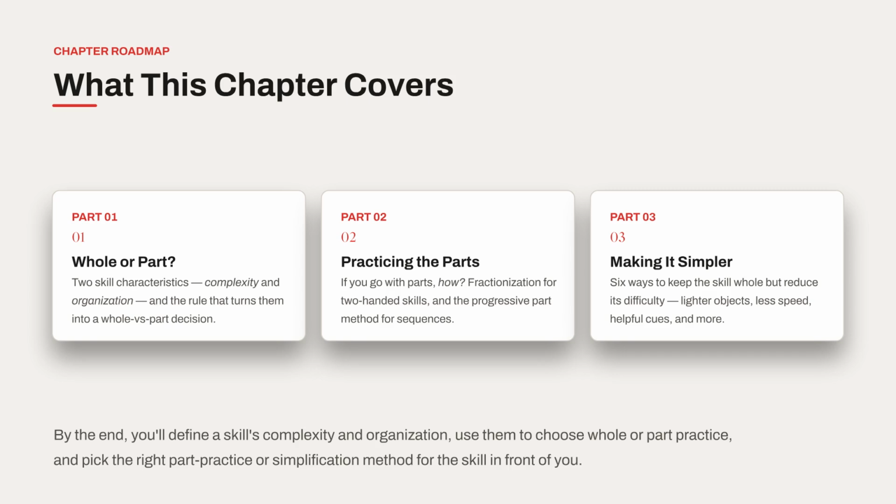Part 3 is a different move altogether. Keep the skill whole, but make it easier. That's simplification. And the textbook gives 6 concrete ways to do it, from lighter objects to harness support to slowing